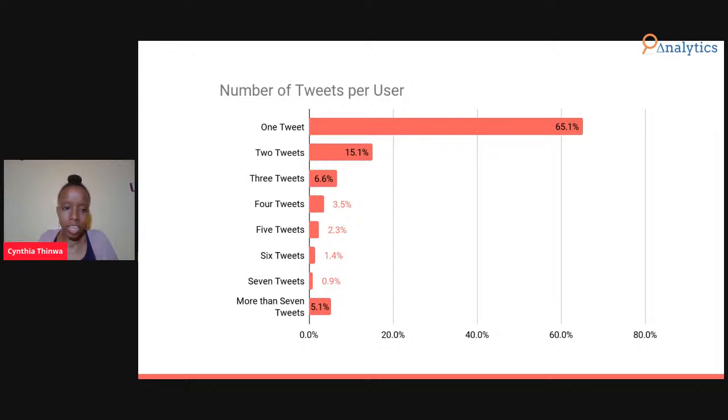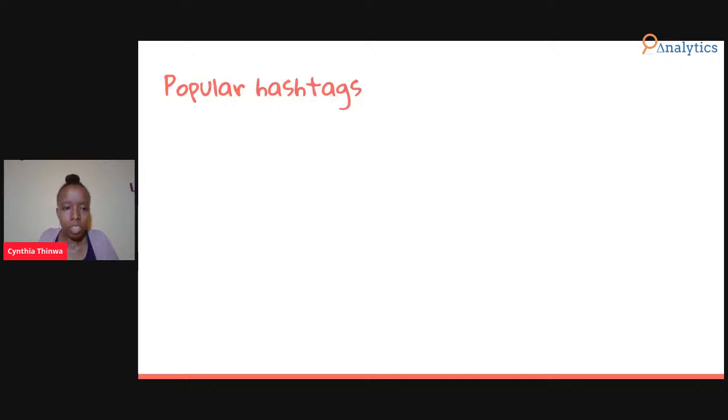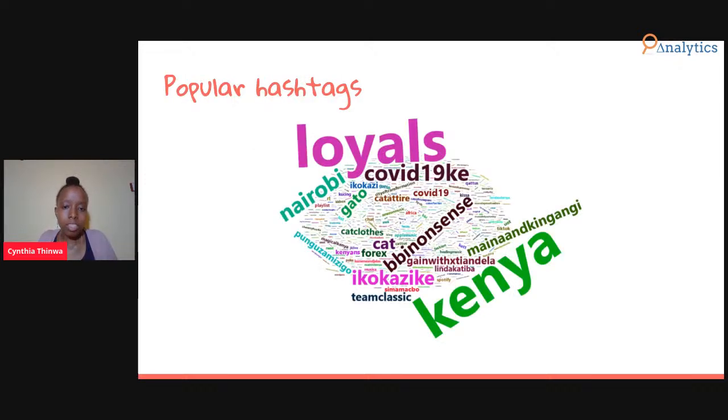And the others who tweeted twice or thrice, there are not as many. There's a very large distance between the people who tweeted once and the people who tweeted twice. So if we look at some popular hashtags, these hashtags let us know that we're on the right track. We find Kenya, Nairobi, BBI nonsense, Kokazi KE, Maina and Kingangi, COVID-19 KE, Kokazi, which lets us know that people are using